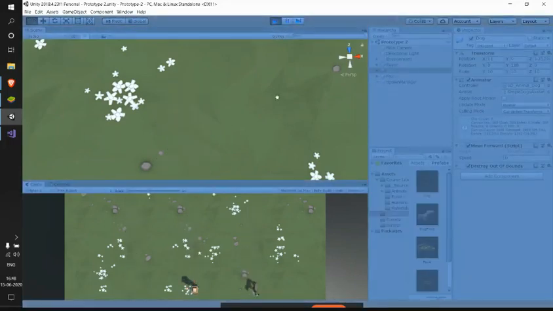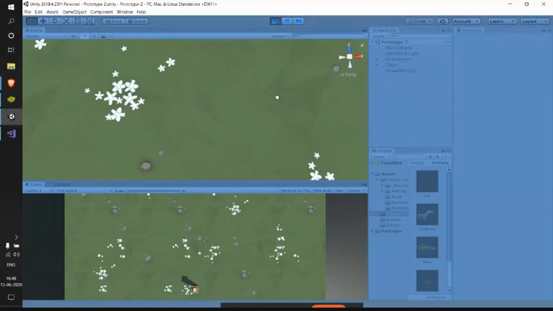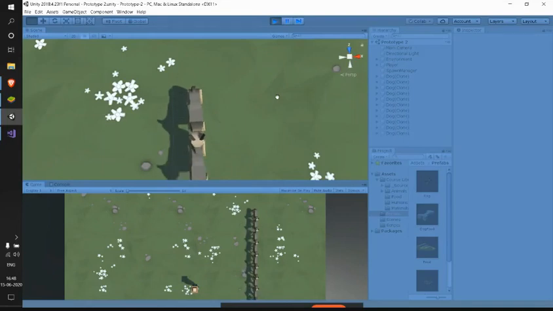So see, now the dog is gone, but let me just press S now. See, my dog got created at the same position, and it has moved forward because of its move forward script attached to that. So let me try that more times. See, every time the dog is getting created at the same particular position.